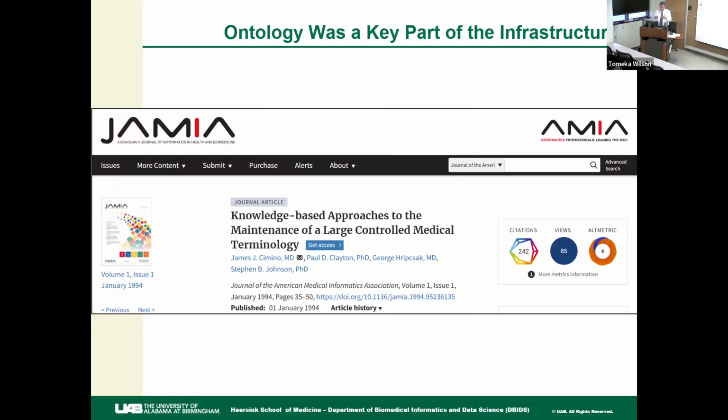Some of this knowledge was simply, these are synonyms. Some of the knowledge was these belong in the same class. Some of the knowledge was actually semantic information about the meanings of the terms that linked them to each other, so that drugs were related to tests that measured the drugs, and drugs were related to chemicals that were in the drugs, and chemicals were related to diseases that were caused by those chemicals, and so on. Okay, and that was January 1994, volume 1, issue 1 of JAMIA. So the first issue of JAMIA.